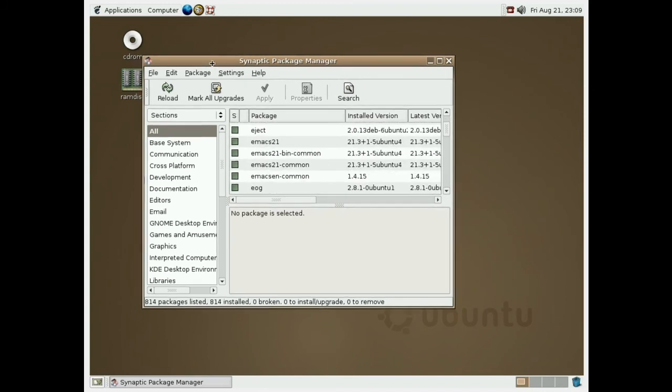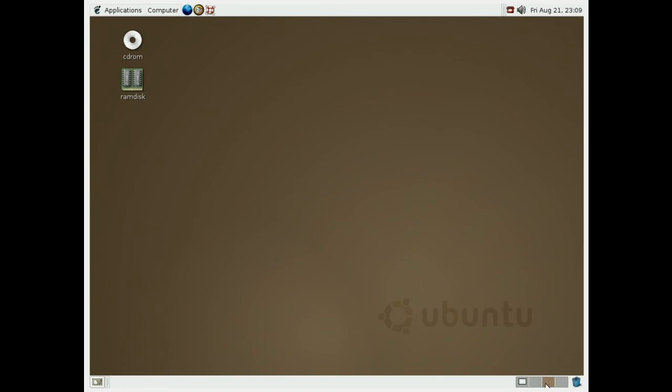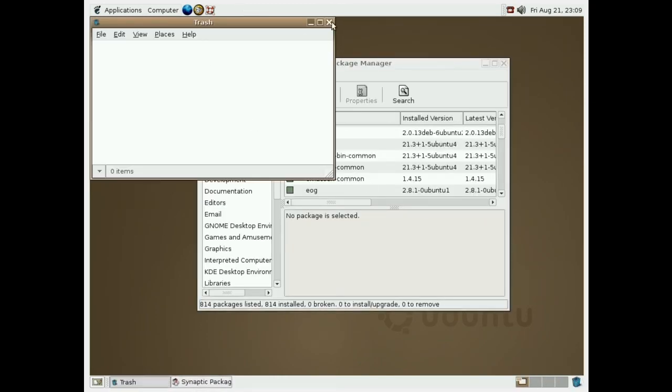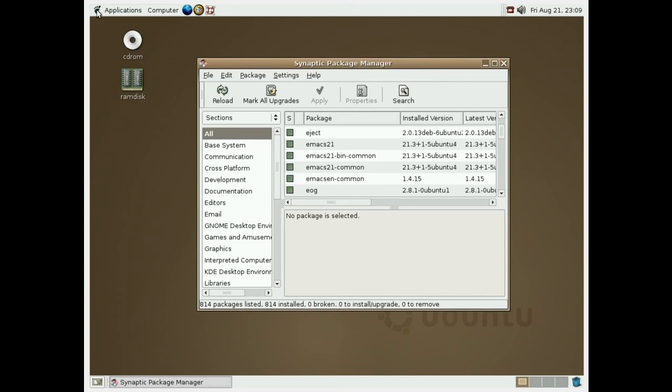So, and we've got 4 workspaces down here. We've got the trash. And I noticed that it just has this foot. It's just a foot. There's no Ubuntu logo, but